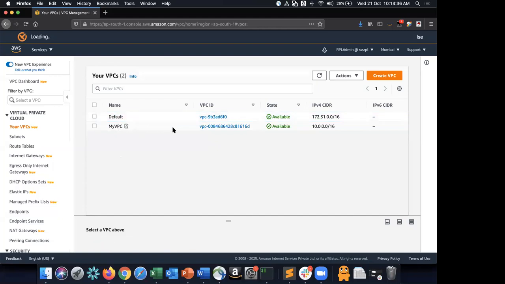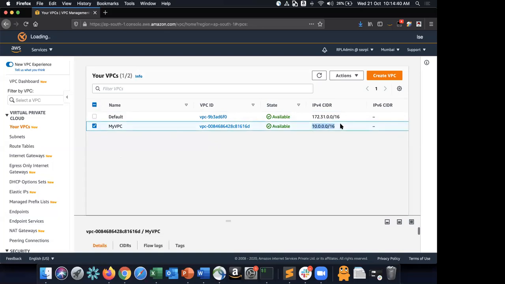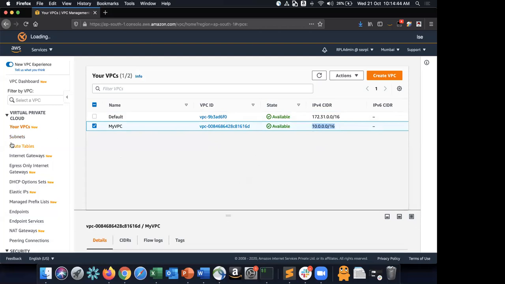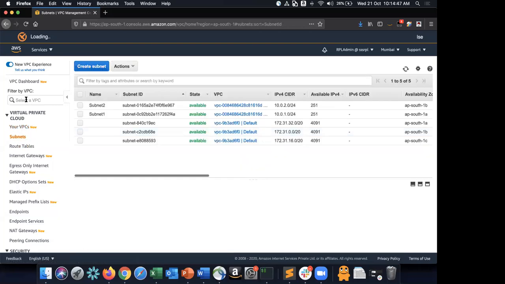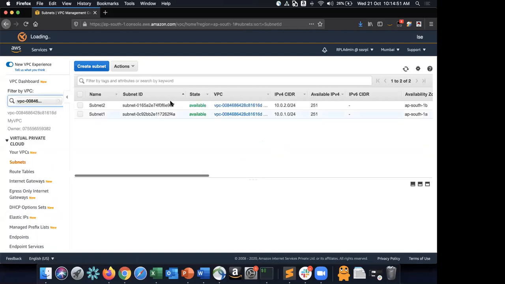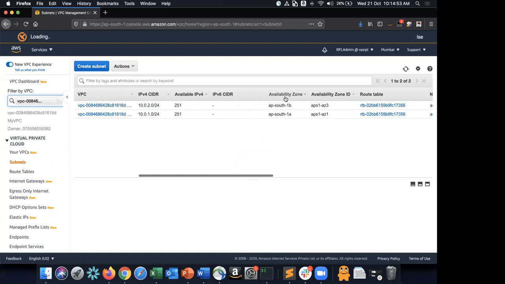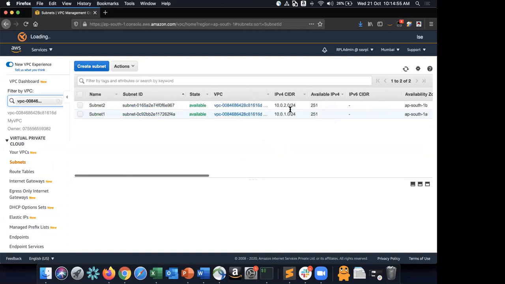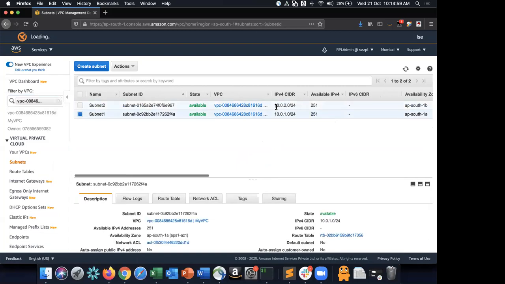My new VPC has the range of 10.0.0.0/16, and then we created subnets for that new VPC. We created two subnets, subnet 1 and subnet 2, in two different availability zones, with 10.0.1.0/24, which has got 251 IP addresses,